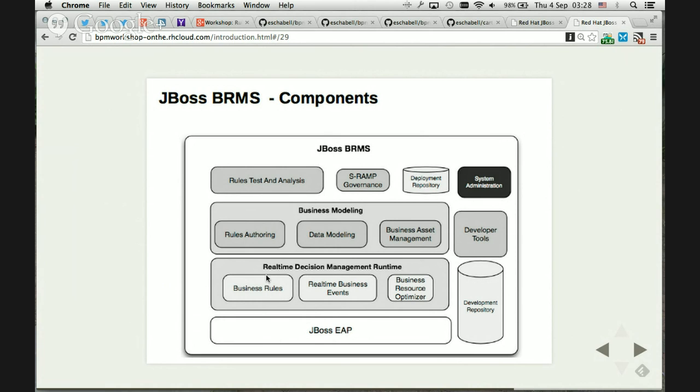On top of that, you're going to find the rules and the events engine, and something that I only touched on lightly in this talk because it's a tech preview is a business resource optimizer, and this is a section of software that's based on the OptaPlanner. This is a planning and optimization tool. So calling it a planner is not really fair because it does much more than plan rosters for nurses or determine how to fill up jail cells or scheduling school rosters and things like that